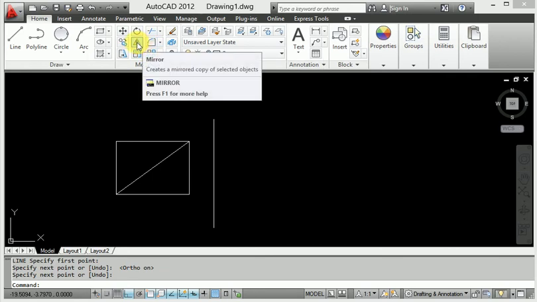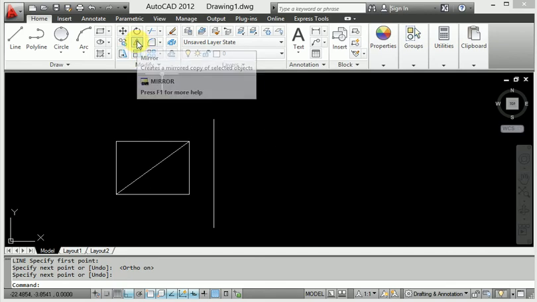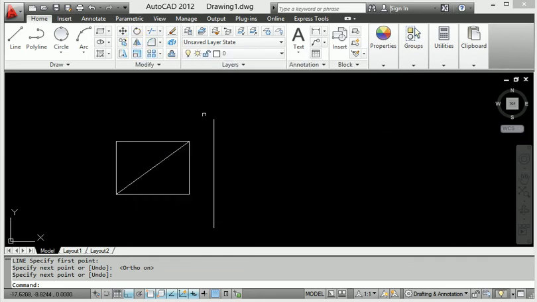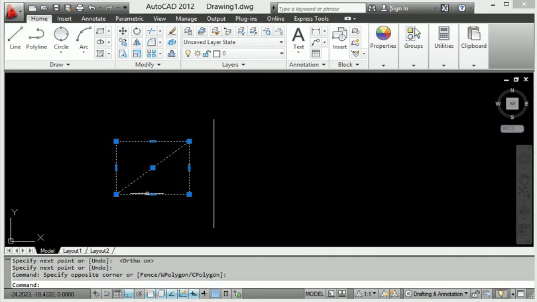Today I will discuss mirror. Mirror creates a same copy on the other side. When I go to mirror, first of all select the object which you want to mirror. Select this object here, then look at this mirror.